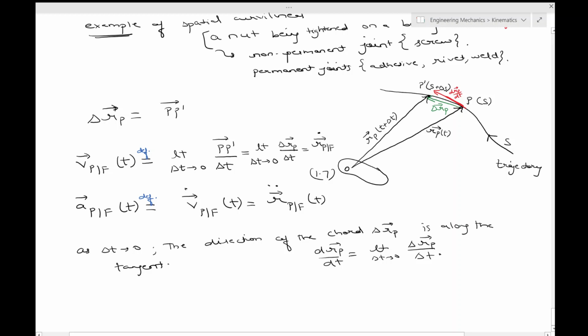So once this is clear, we can say that the velocity vector is always tangent to the trajectory,